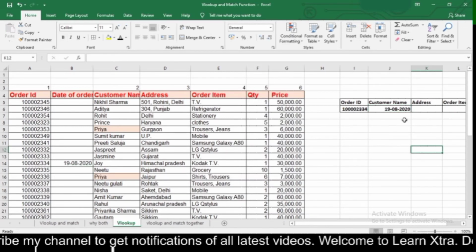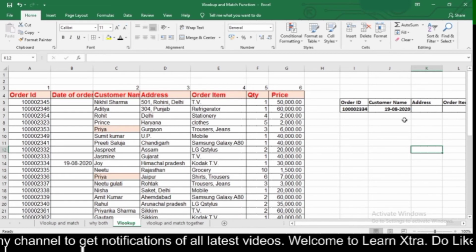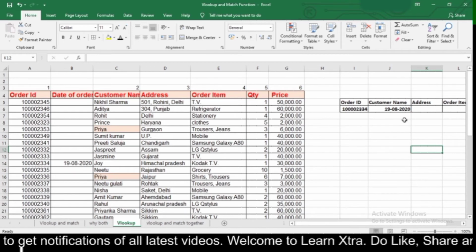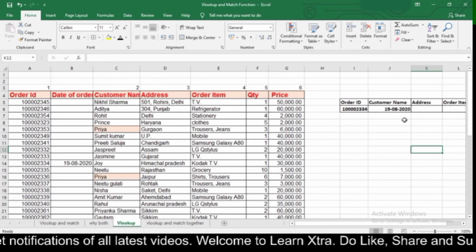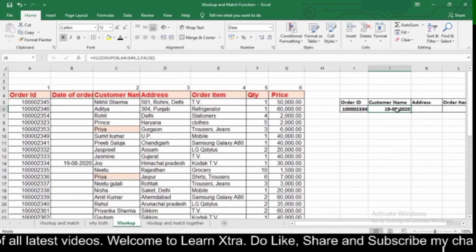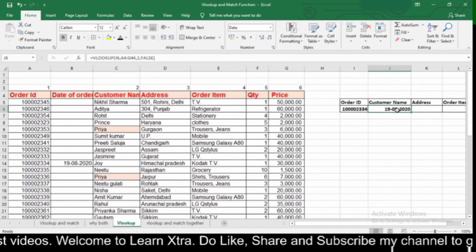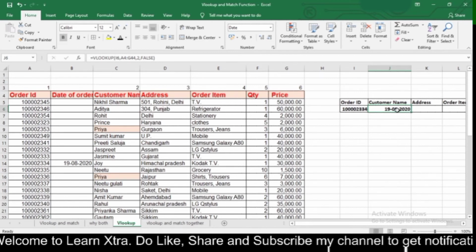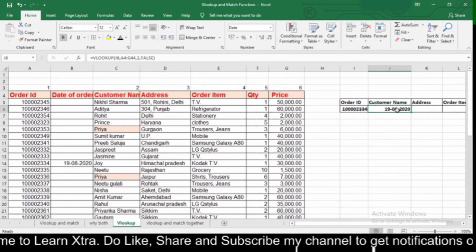So that is why we need to use VLOOKUP function with match function, because if I add any column before my customer names column, then my answer will change according to that column number, because now my column number 2 is of date of order.